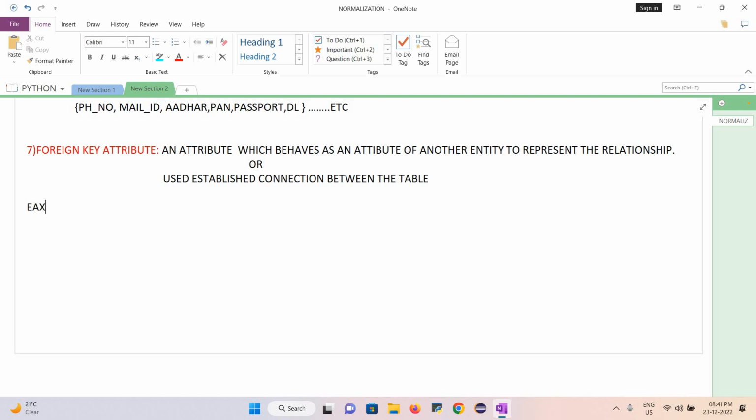Let me take it as an example. I have already selected my primary key, this phone number. The same phone number will be a foreign key in another table. So this is how we identify attributes